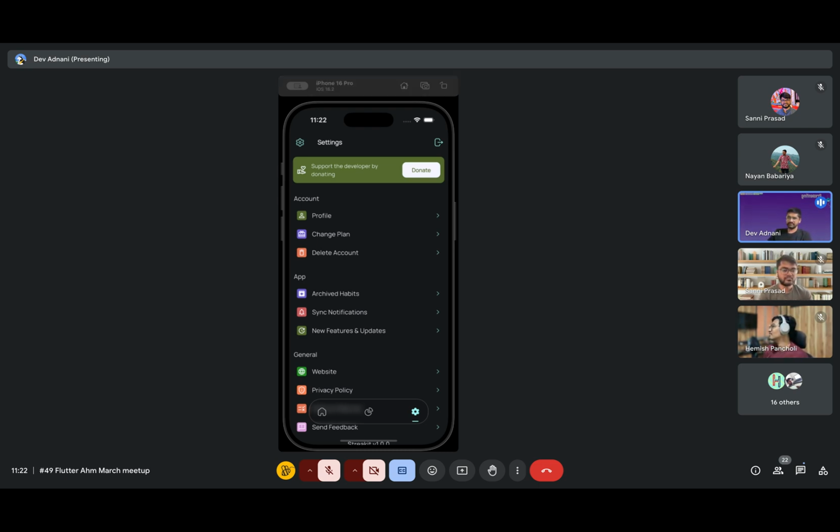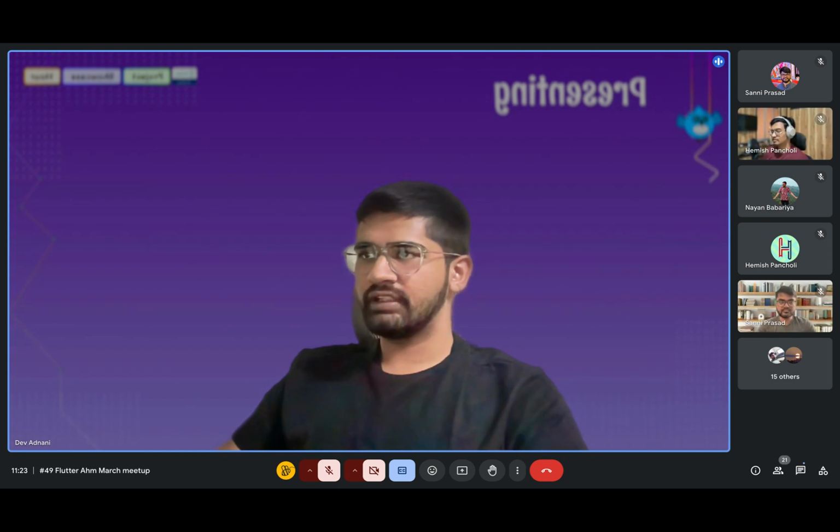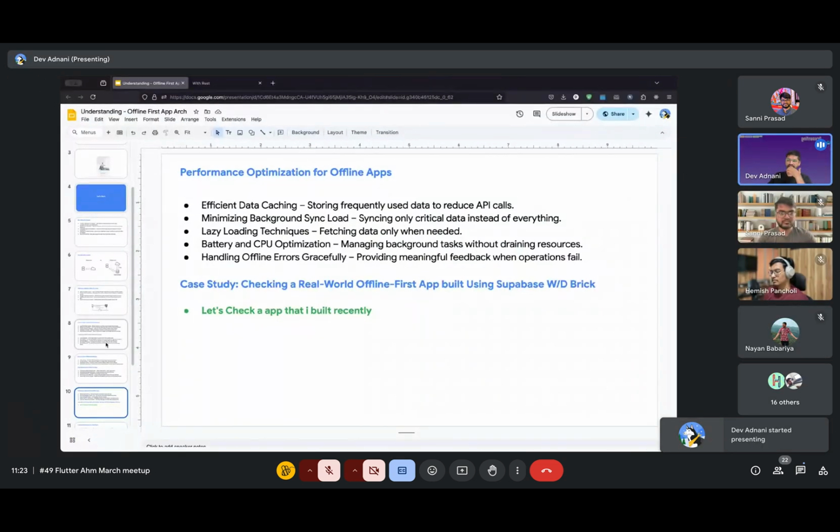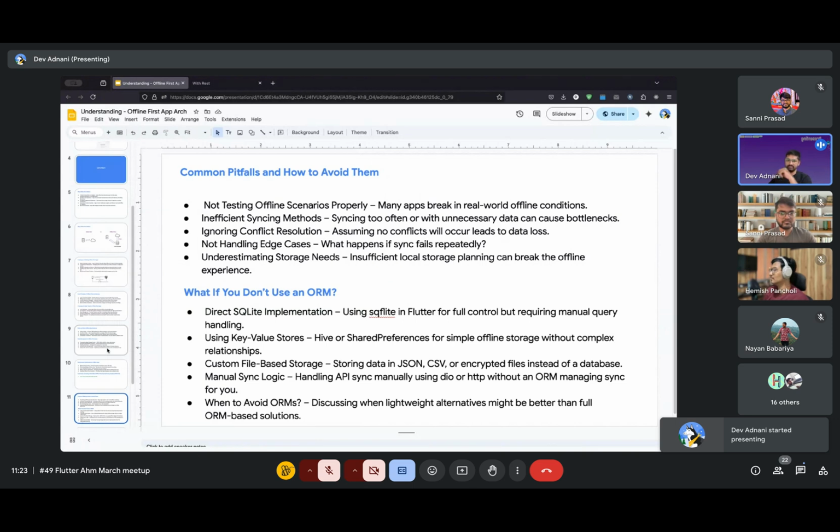I had similar kinds of issues that I was facing and they did help me. So I'm grateful for them. Apart from it, if you still insist on going on your own, there are certain limitations of the packages. So you will need to handle some of the common pitfalls and avoid them, like insufficient sync methods and conflict resolution. You will probably need to fix all of this. You will need to understand all of this, and if you are using an ORM, it will probably just make your work easy,